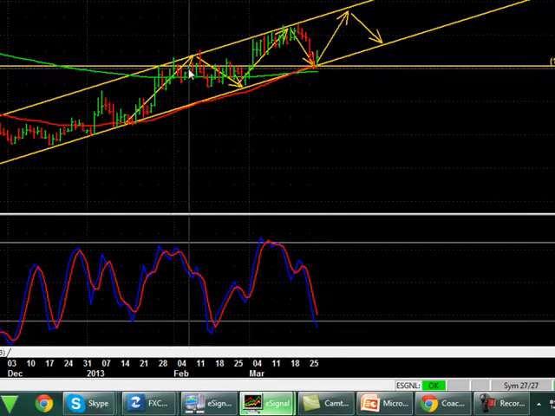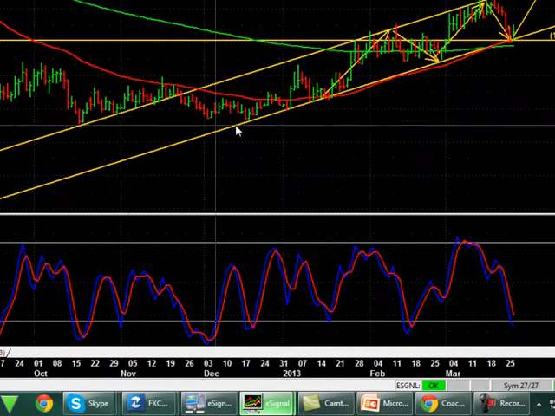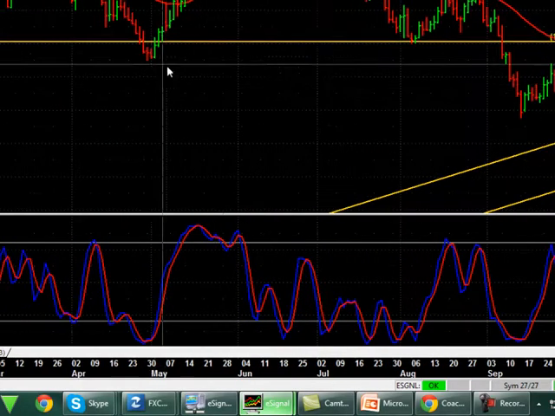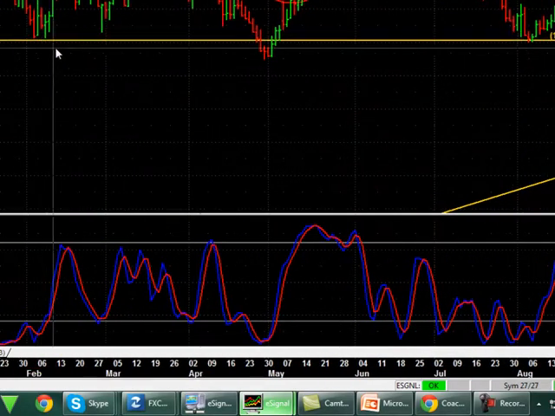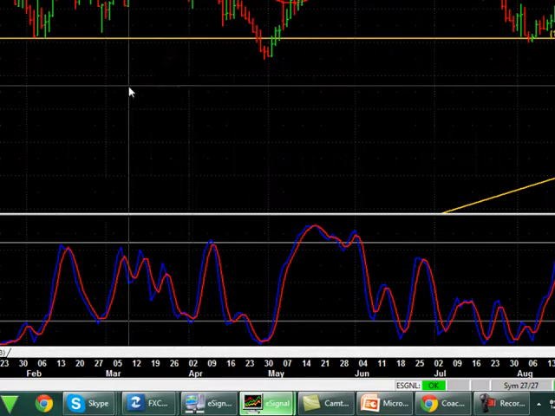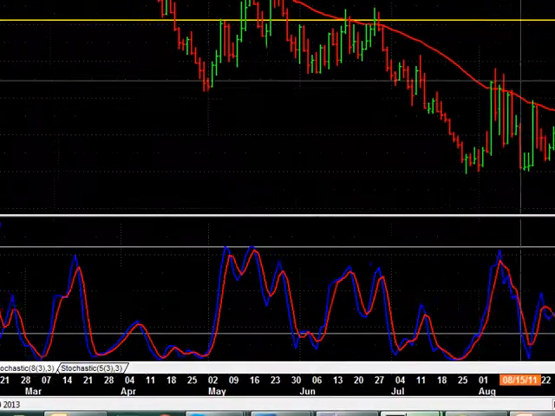This one here is acting as a resistance. Now it breaks through and it becomes support. And guess what? There again, support. Here it is broken through, and there again. Right? This is still qualified, by the way. This is just there, and there as well. That's qualified. There's just a bit of noise there. That's fine. Okay, so